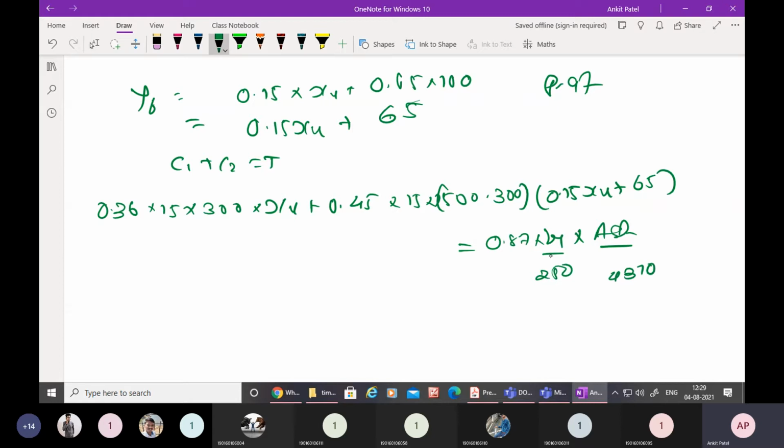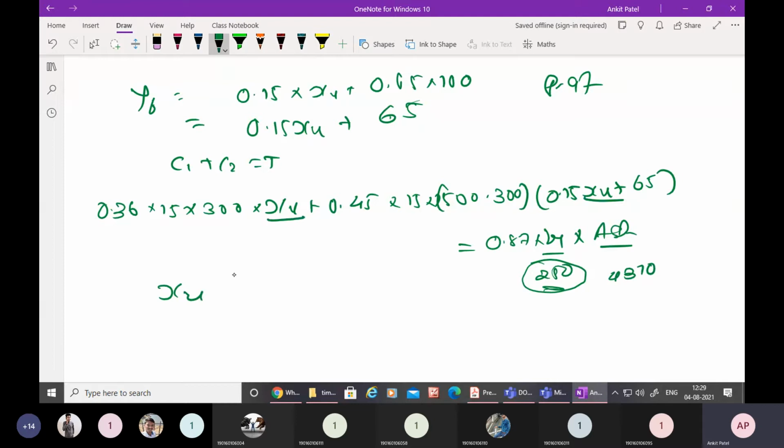Please remember, in examinations people have a habit of using 415 grade. So please read the question carefully. If the grade of steel is 250, then you have to use 250 only. But generally, students have the habit of using Fy equal to 415 grade, so many students make mistakes in using the value of Fy. So please remember, over here we have to use Fy equal to 250 because in the question the grade of steel is 250. So now again I am going to calculate the value of XU.